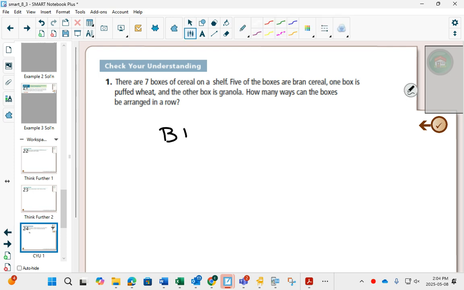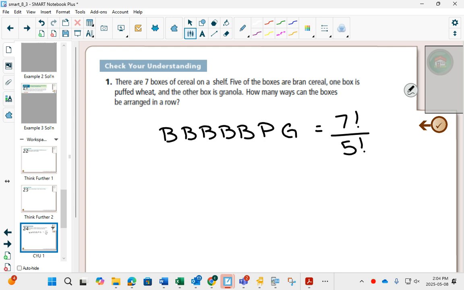Well, I could represent the bran boxes with B's, the puffed wheat with a P, and the granola with a G. And you realize this is just like rearranging the letters of Mississippi. But instead of the word Mississippi, we have that as our word. So someone says, how many ways can you rearrange the letters? Then you would say, well, normally that would be 7 factorial. But I have identical objects